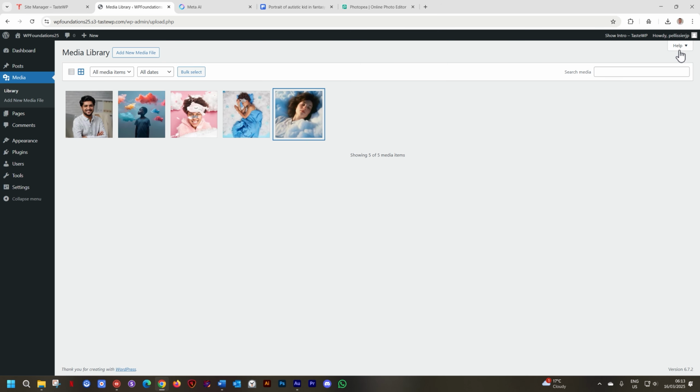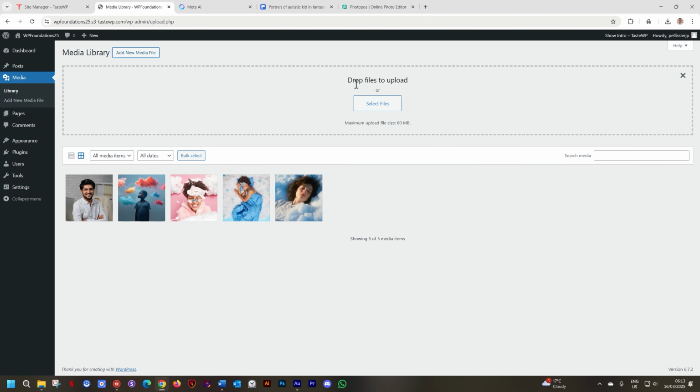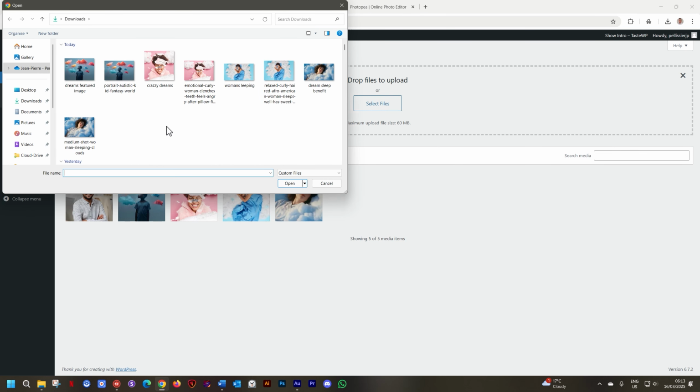This is where you manage all your media. Not only can you bring in images, you can also bring in videos, you can bring in PDF files, Word documents. All of this is where your media is housed. If you don't know how to bring it in by dragging and dropping, you click here on Add New Media File. And then again, it will tell you just drop it here. We've already dropped it, but it will tell you you can drop it again, or you can click on Select File and it will open again the folder for you so you can bring in the files and you can navigate until you find the images that you need.